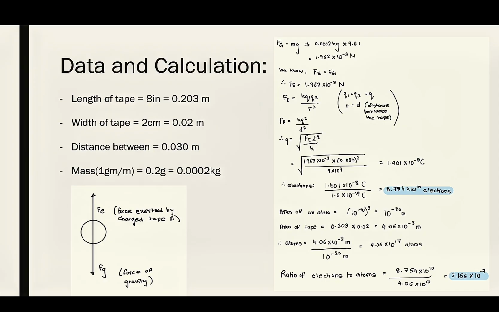We know the charge of one electron is 1.6 × 10^-19 coulombs, which we can use to find the number of electrons present on the charged tape. We use the area of an atom and the area of the tape to find the number of atoms present on the tape. Then we find the ratio of excess electrons to atoms, which is 2.156 × 10^-7. Here is a diagram of the whole system,